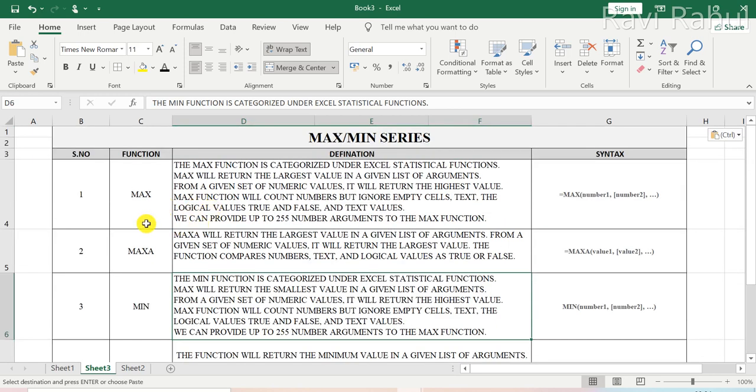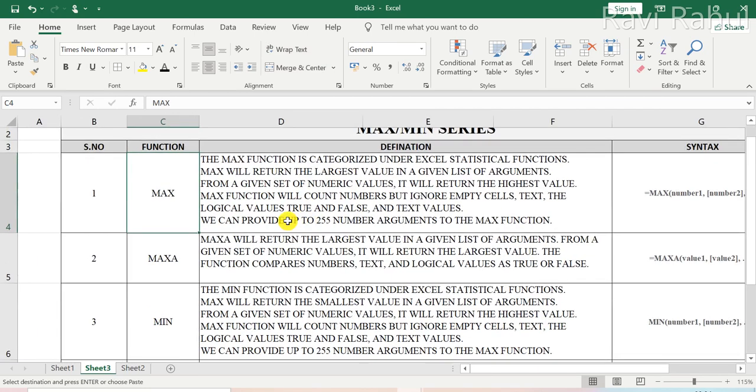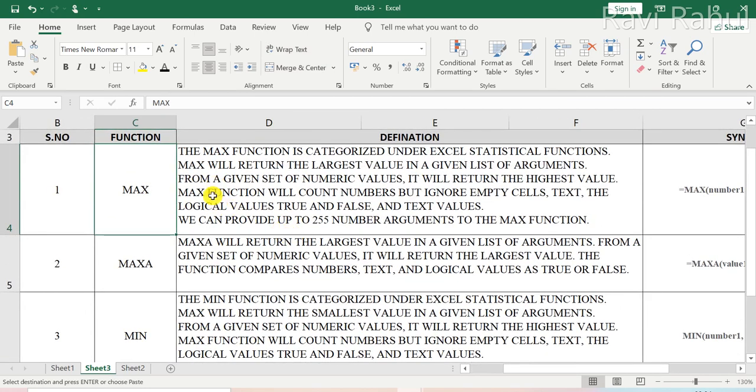So let us see what basically the MAX function does. The MAX function is categorized under statistical functions in Excel. It will generally return the largest value in the given list of arguments, and any function in Excel can contain a maximum of 255 arguments in Microsoft Excel.